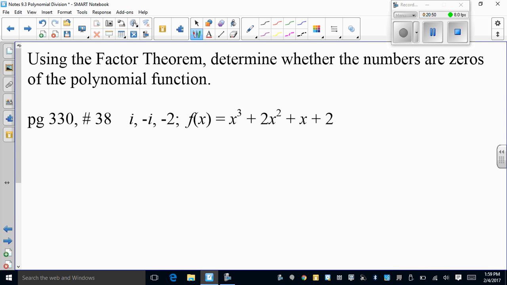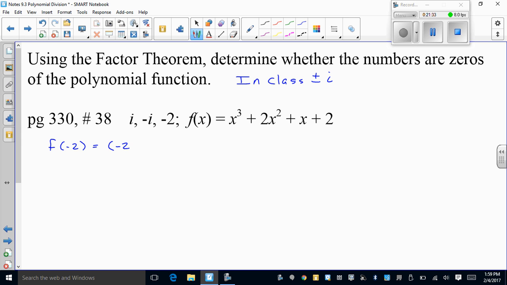Okay, and then this brings us to our last example, and I do have this one in my notes to go over in class. There's a couple of things that we need to do on this one. I'm going to go ahead and do -2, and then in class, we will do the positive and negative i. Okay, so f of -2 equals